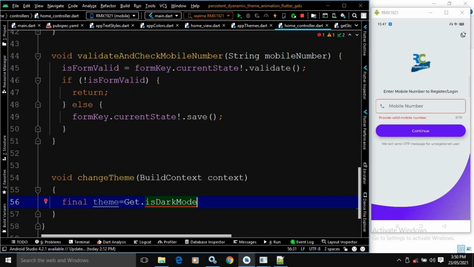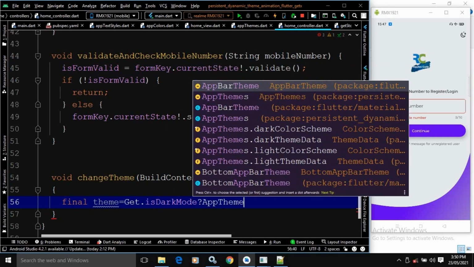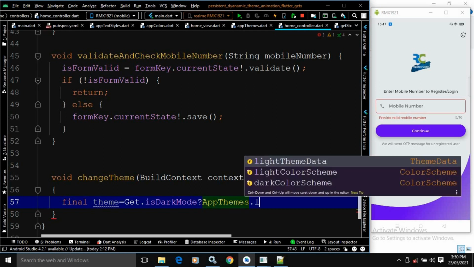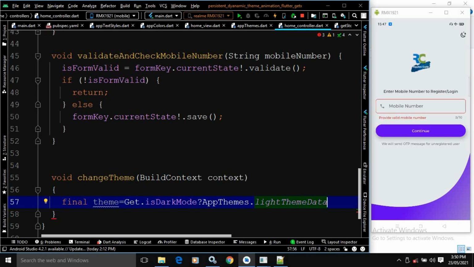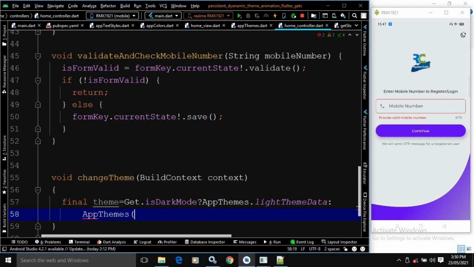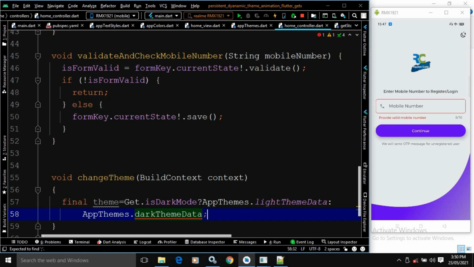If it is in dark mode, then in this theme variable I will initialize AppThemes dot lightThemeData, else I will initialize AppThemes dot darkThemeData, right.